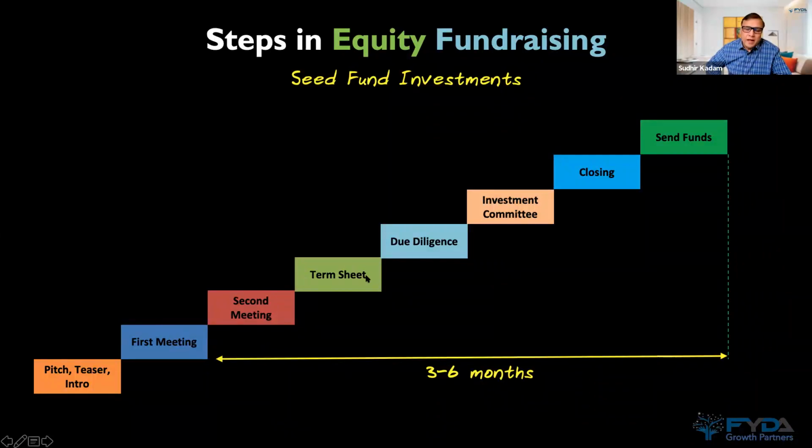But there are some investors who are very friendly. They might say, okay, if you think that you can raise a better valuation, more power to you, go and raise it from them. I'll keep my term sheet open. But term sheets are confidential. You're not supposed to take a term sheet of one investor and flaunt it around and show it to another investor. After that, there will be due diligence.